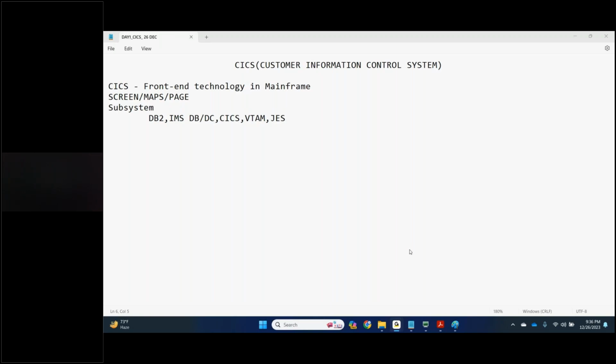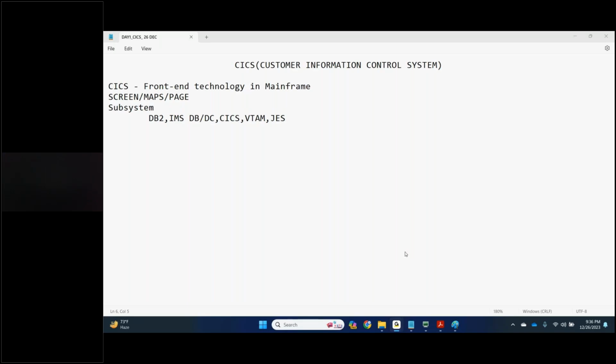Once they install it, the subsystem will run in its own address space. A subsystem runs in separate memory, its own address space, but it is managed and controlled by z/OS. So there is a specific address space for subsystems.